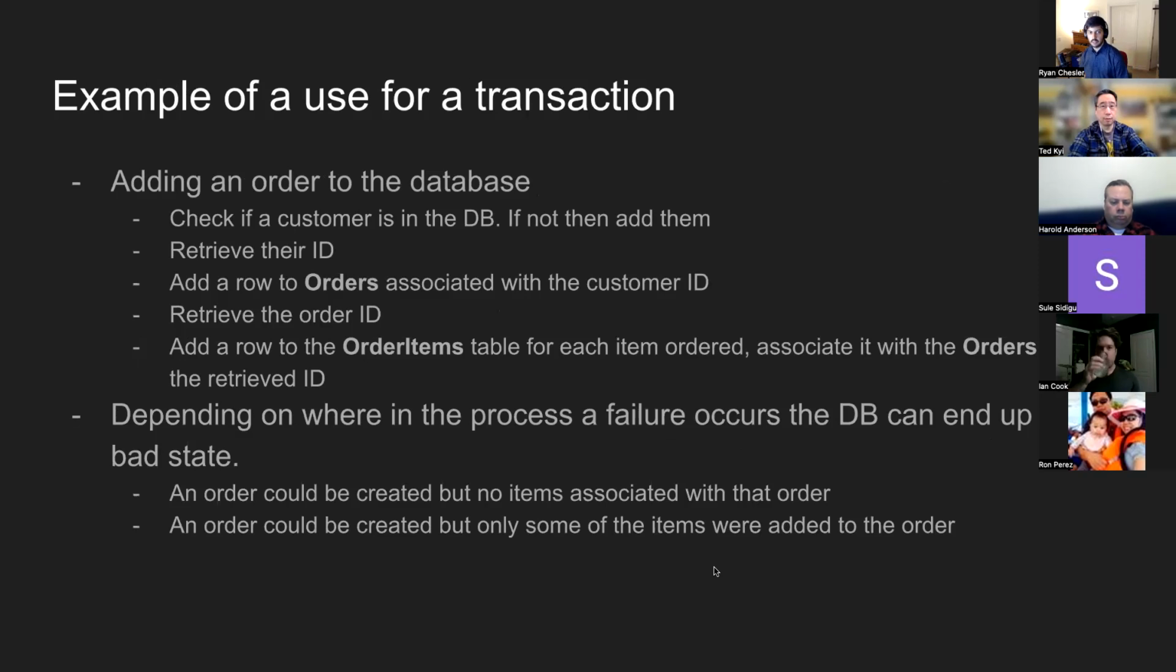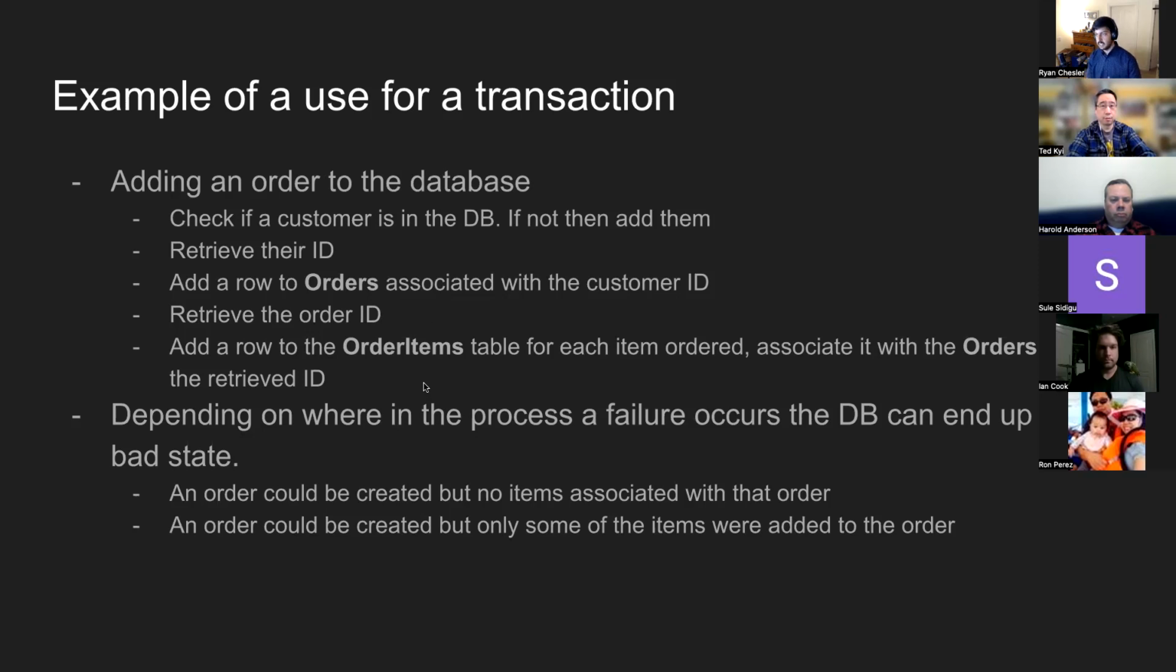So just an example of what you might use a transaction for. In the book, they gave us this example of adding an order to a database. So you start this process where you check if a customer is in the database. If not, add them. So you add their customer ID, then you retrieve their customer ID, and then you add a row to the order. So now you have this new customer or an existing customer, and you add an order to the orders table. And then you have to go get that ID back. And then after that,